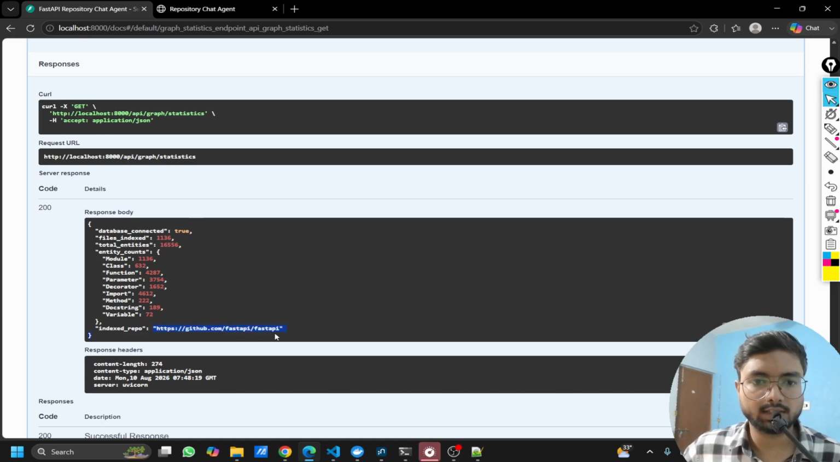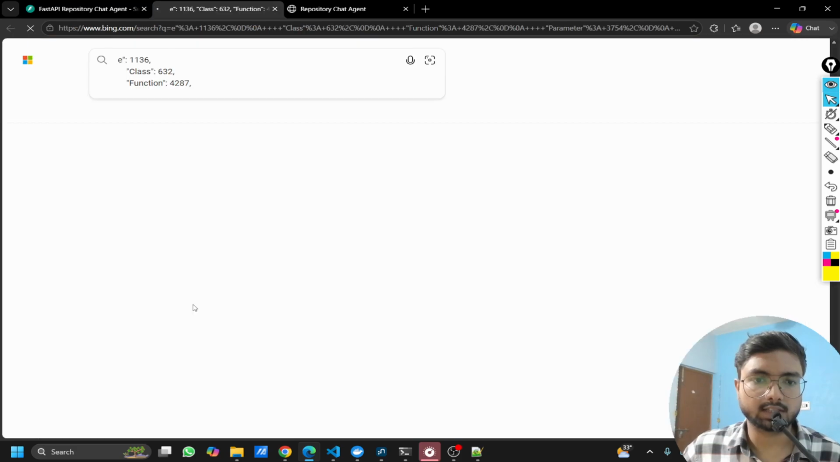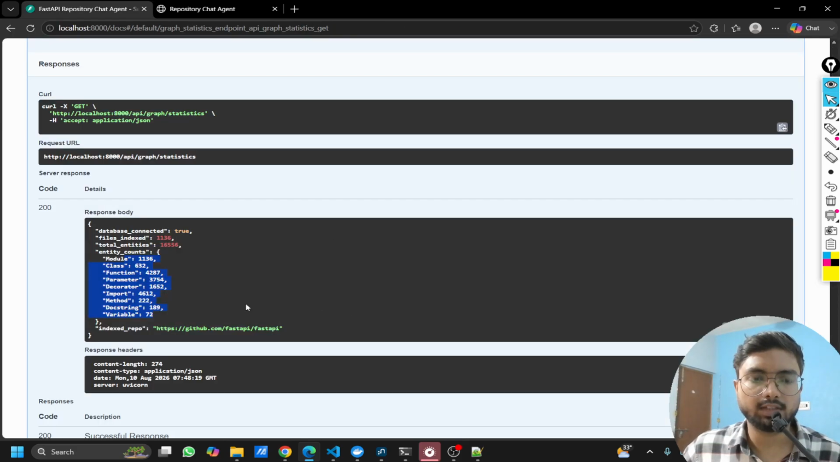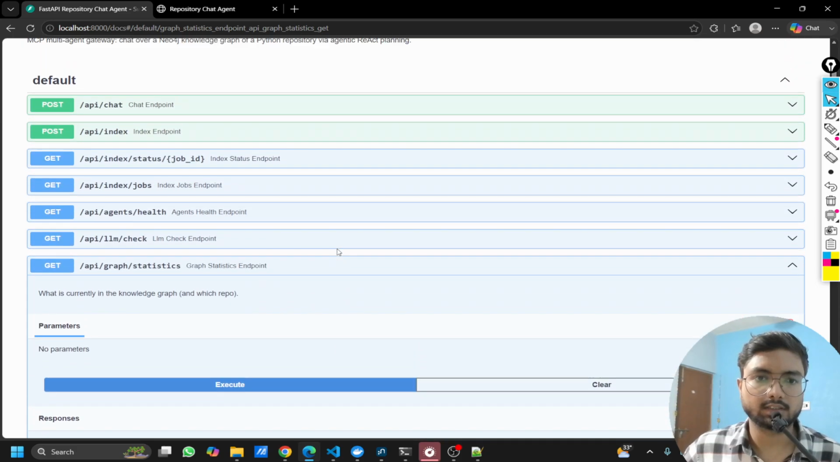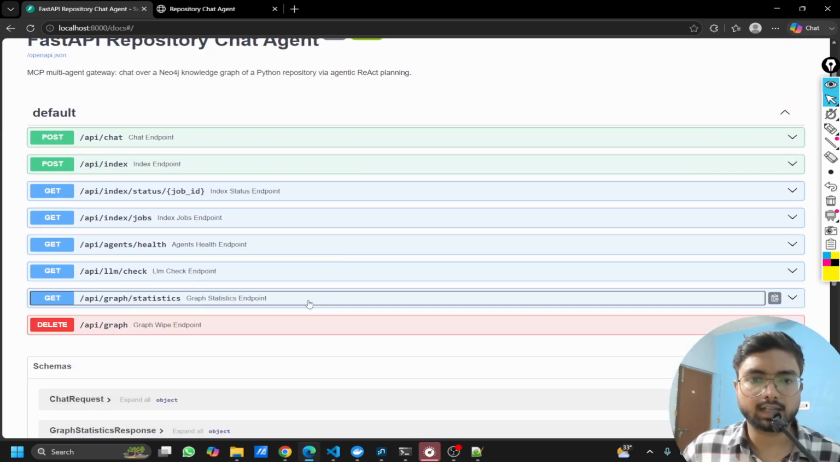repository is already indexed, and there are a total of 1136 files indexed here, and around 16,000 entities extracted out of this. Out of these, these are the different entity types that it extracted. So it tries to provide a kind of high level detail here. Since it's already indexed, I am not going to